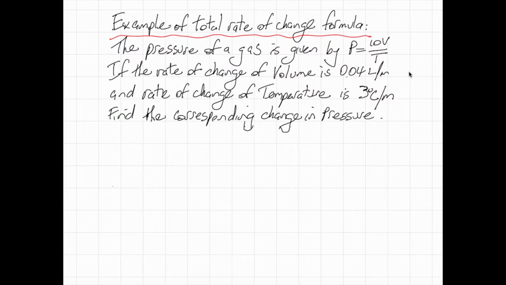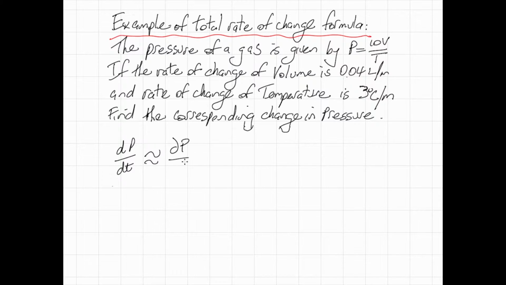Here's an example of the total rate of change formula. It's to do with the pressure of a gas, but let's just write down what the total rate of change formula is when we've got pressure, volume and temperature changing over time. So we've got dP/dt is approximately equal to the